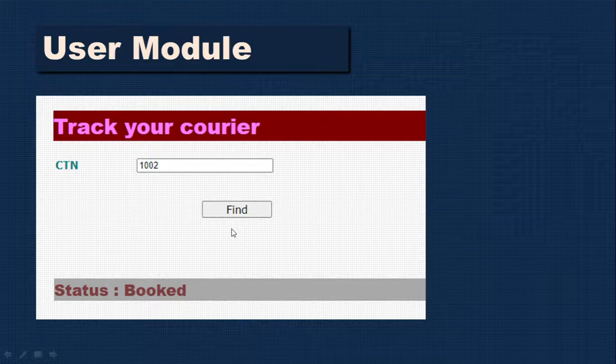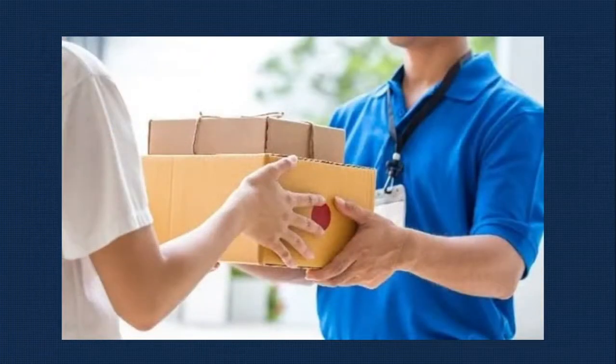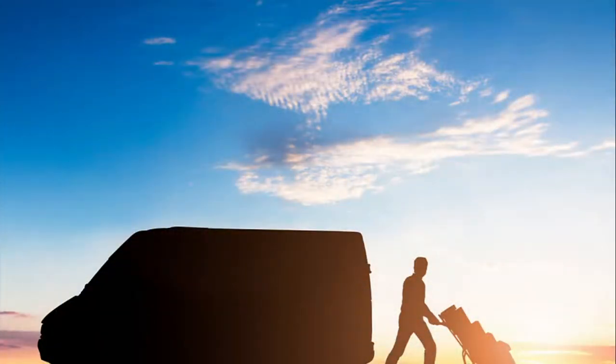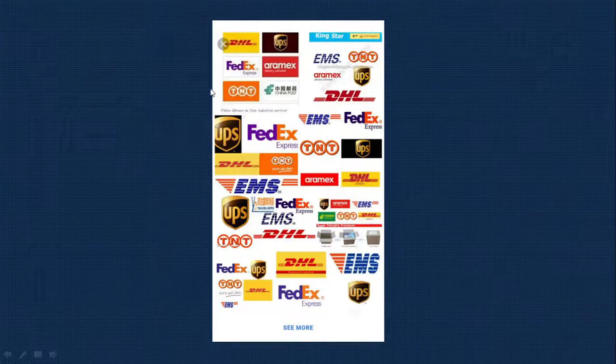Ultimately it's a good project as a beginner. It will give you a good idea, as you are covering all these concepts. Courier is a very wide and vast field, and the scope is increasing day by day because e-commerce is increasing in every segment. If you do this project, you'll definitely have very good scope. There are also many companies, so once you complete this project and have everything ready, you can approach any of these companies and try to get a job. From the job perspective also, it's a very good project.